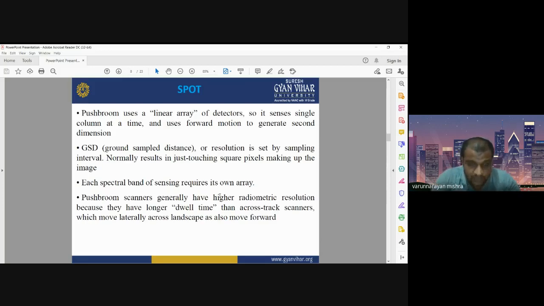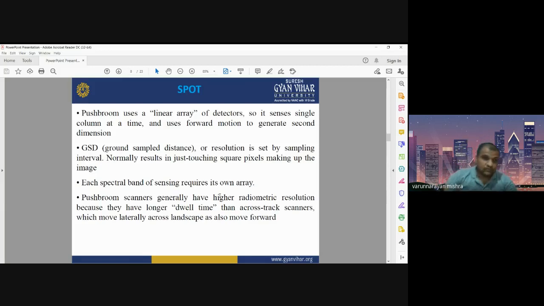If a sensor is looking at the ground for 2 seconds, its dwell time will be 2 seconds. If the sensor is observing the earth for 5 seconds, its dwell time is 5 seconds.